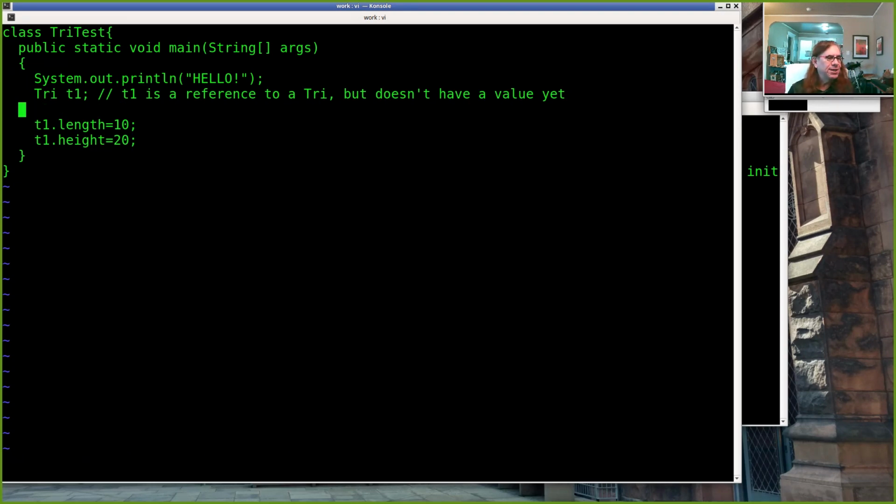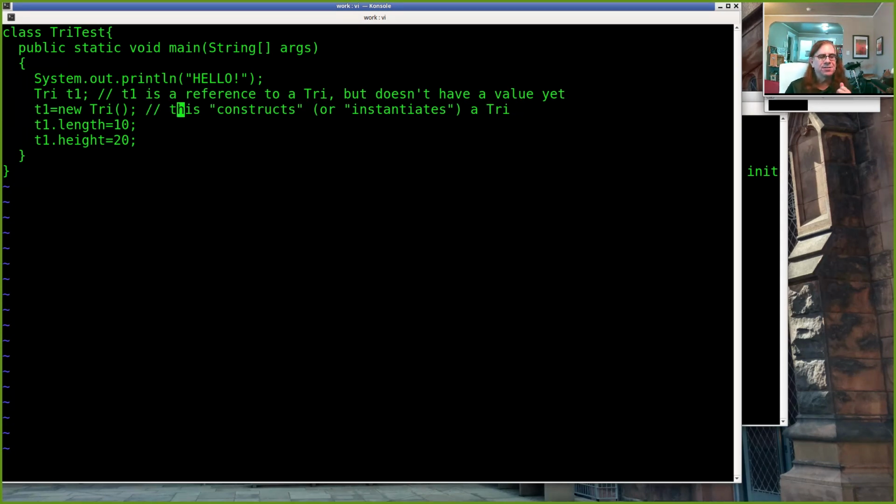And the way we do that is t1 equals new Tri. Okay, and this constructs a Tri,